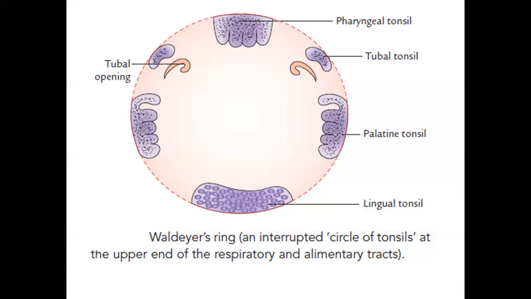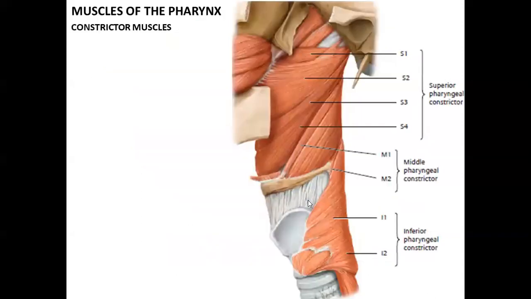So basically, they ask you what are the different tonsils, or what are the different aggregations of lymphoid tissue you see in the Waldeyer's ring. So Waldeyer's ring consists of the pharyngeal tonsils, the tubal tonsils, the palatine tonsils, and the lingual tonsils, and they encircle the opening of the pharynx, and they prevent the microorganisms from entering into the air as well as the food passages. Okay, now